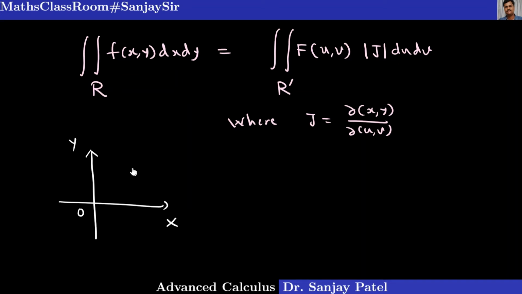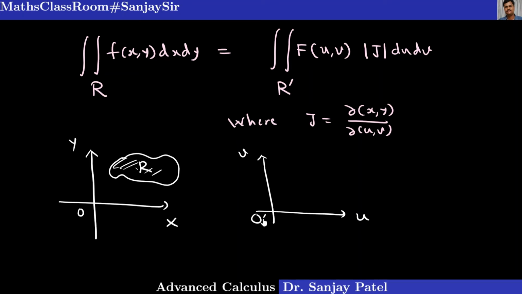Okay, and here we are given some region of integration, say R, and we are transforming this region of integration into a new system of variables, say u v, with new origin. That may be something like this also, we don't know. It can be anything, but some plane region in the new system which is denoted by R dash. So instead of integrating over this, we can integrate over this region and we will get the same value because of this formula. There is a derivation also, but we are not interested in deriving this formula.